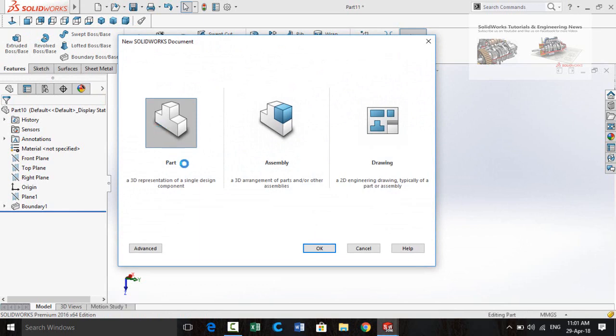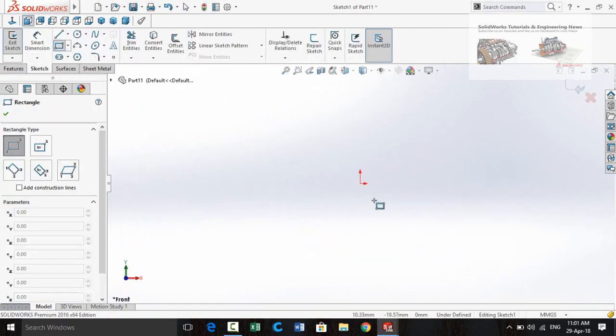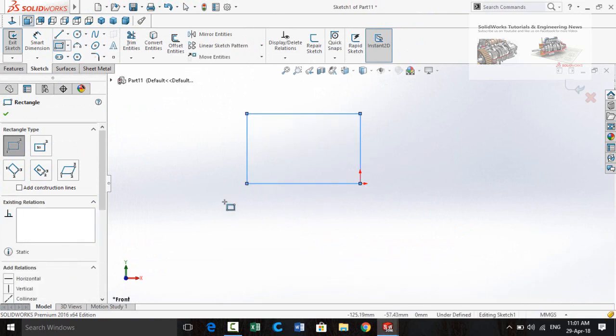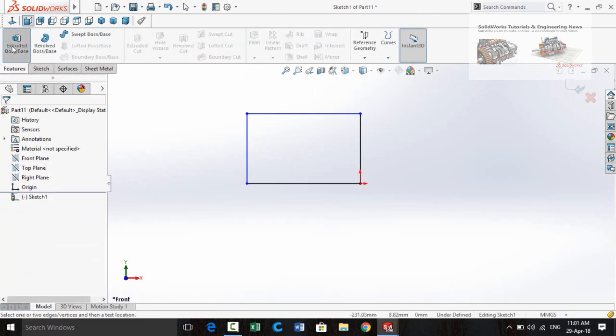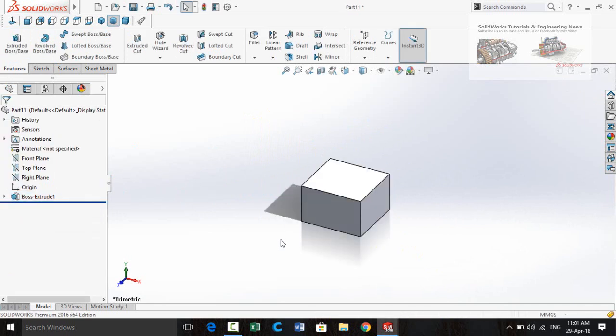Start from a new part again and then sketch on front plane, draw some part, apply the extruded boss base command 100 millimeter, press OK button.